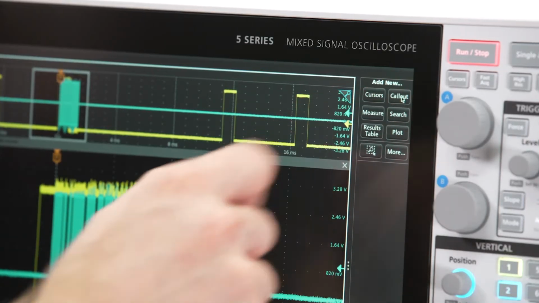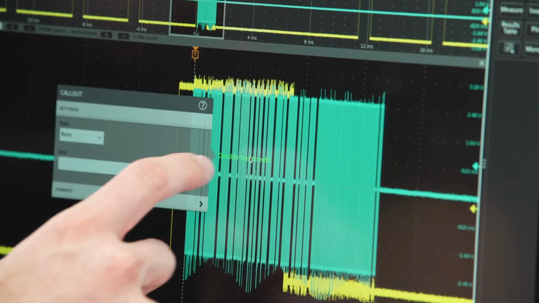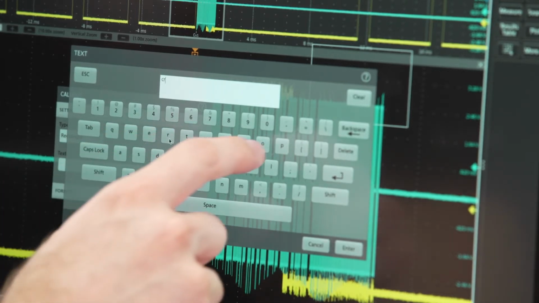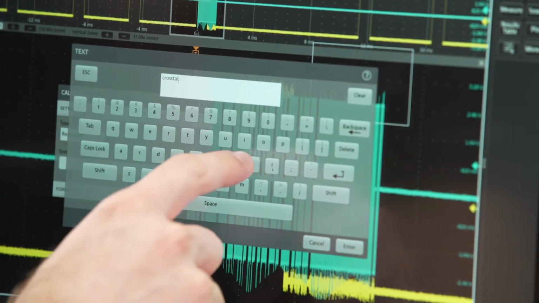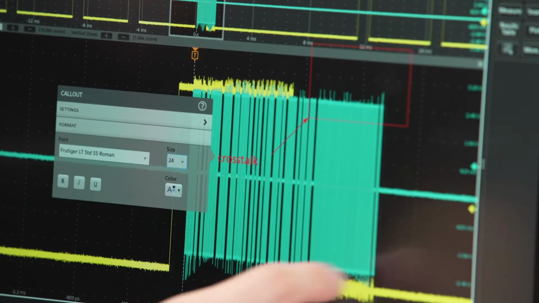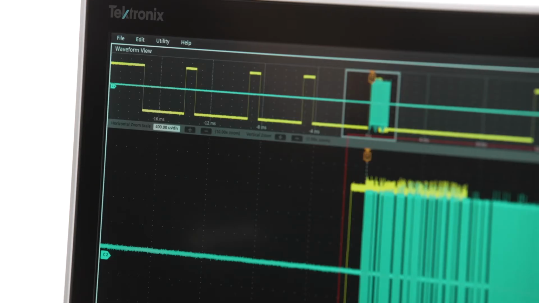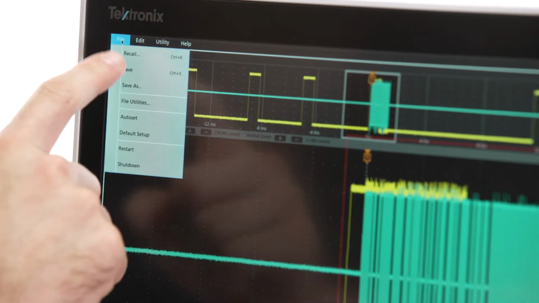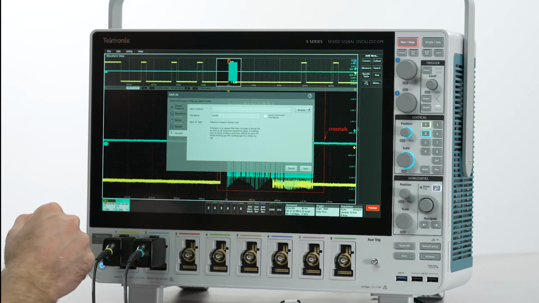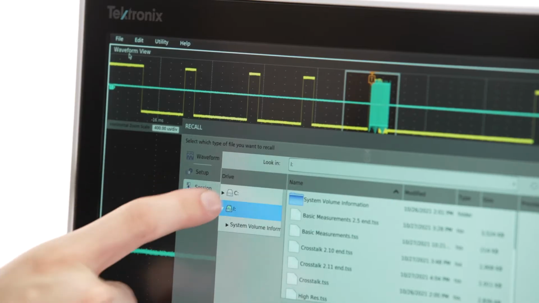Let's add a callout to document the conclusion that I have come to. We can customize this callout quite a bit. I'm going to draw a box, add text, change the color, and move things around. And when I save this screenshot or session file and come back to it later on my scope, another scope, or text scope on my computer, these extra details will help me remember exactly what was going on